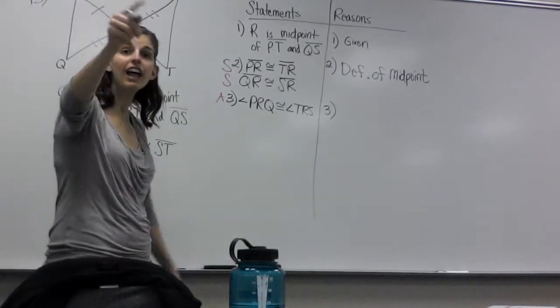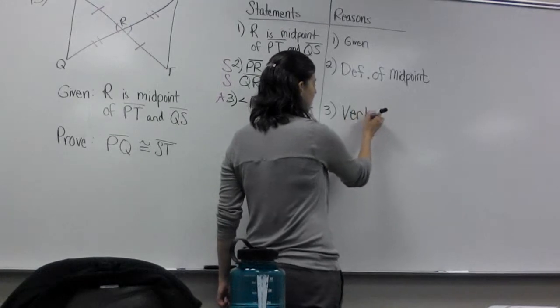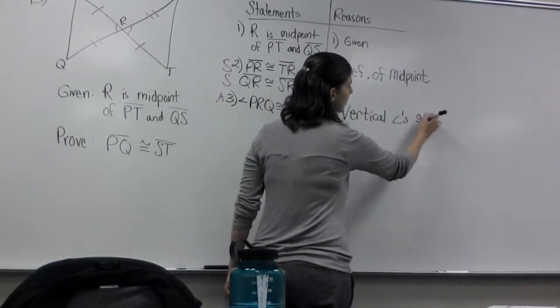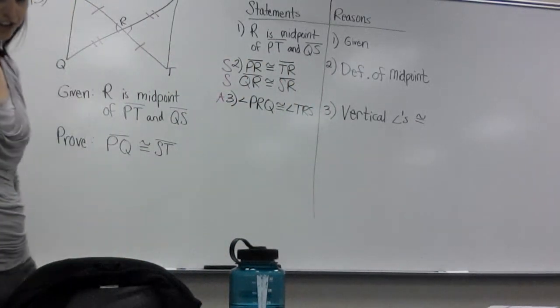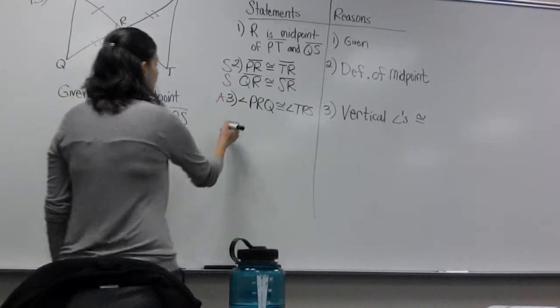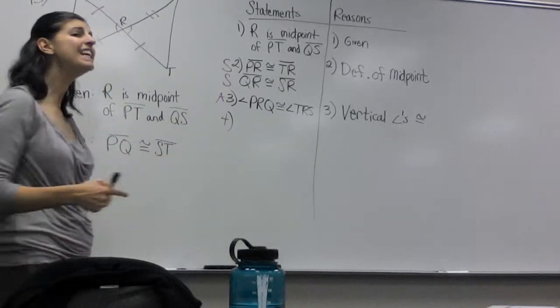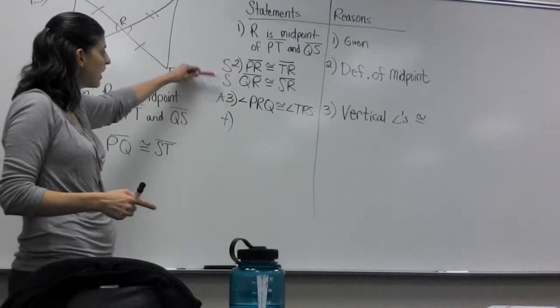Because they're vertical angles. Excellent. Did anybody see that? Vertical angles are always congruent. That's the definition of vertical angles. Okay? Now that we have two sides and an angle between them, I very plainly have marked the angle and